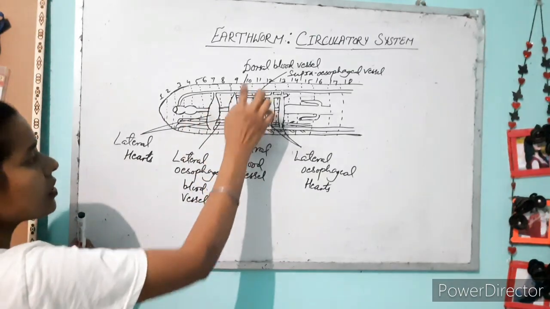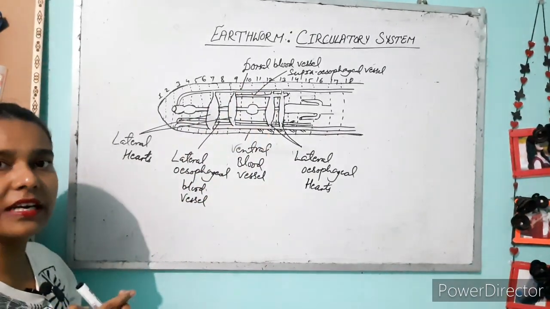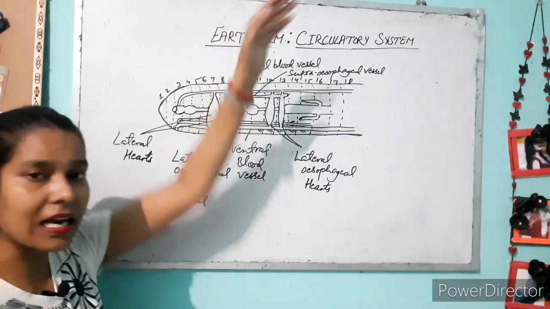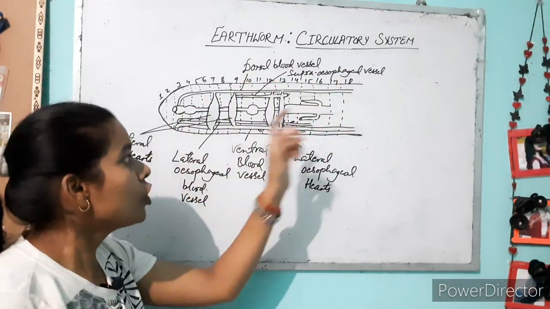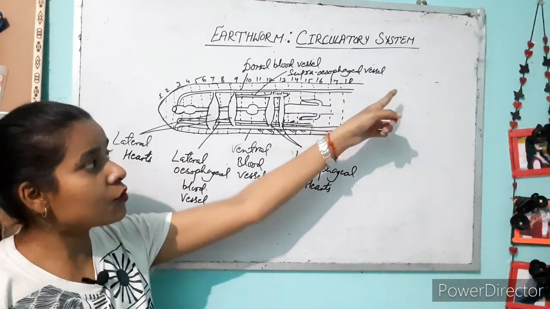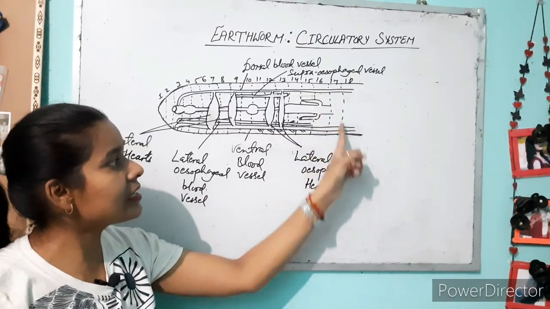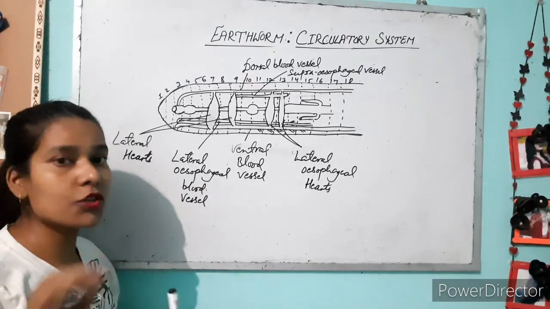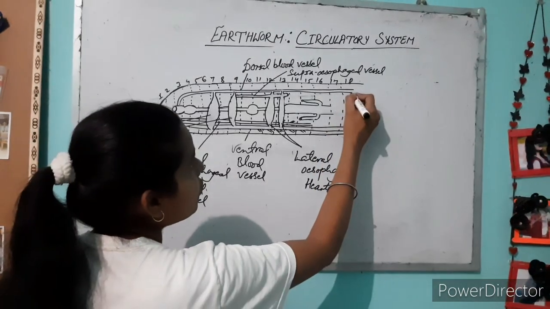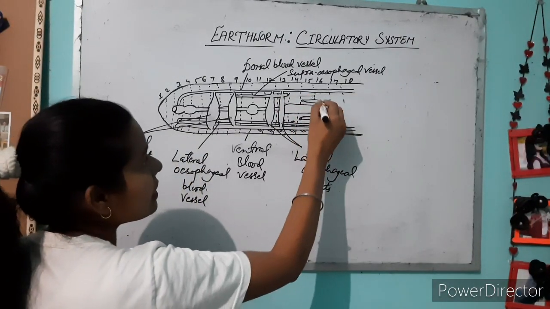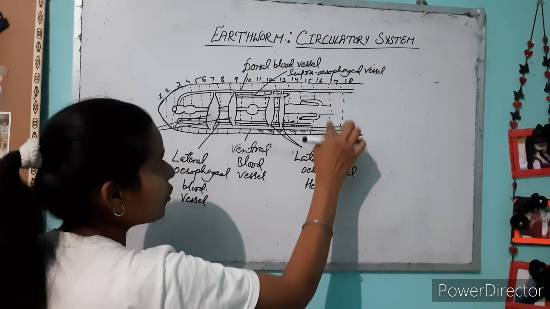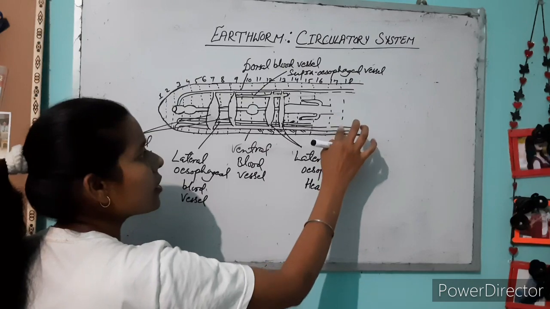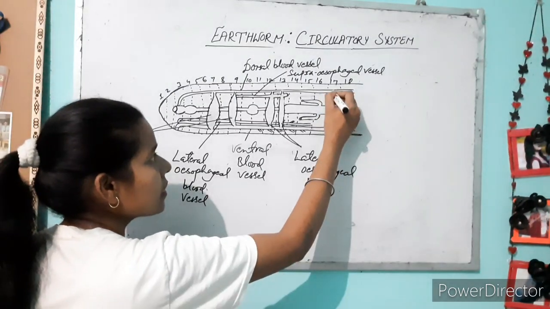All the tubes are connected with each other, meaning the dorsal tube and the ventral tube. The dorsal tube and the ventral tube start from the third segment and end on the last segment. So going to the last segment, they are attached with each other by multiple or several tubes. That tube is known as the commissure vessel. Let me draw that also. Whenever you see that both tubes, the dorsal tube and the ventral tube, are attached with each other with multiple or several tubes.